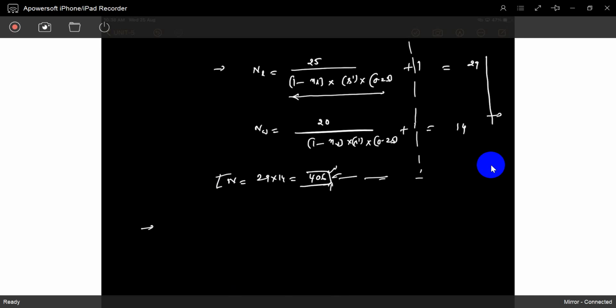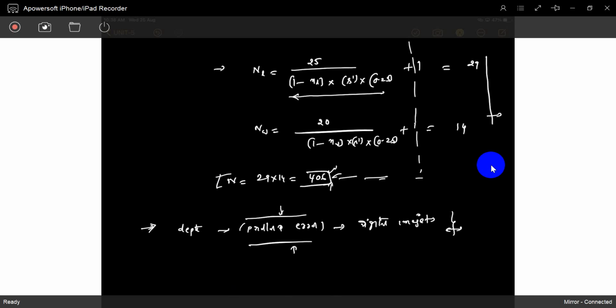So, depth division. You can find out the depth by reducing the parallax error. Then only you can incorporate it into the digital image. Otherwise, the depth perception may be wrong because of parallax error. So what is a parallax error, and how do we reduce it? We will discuss that in the next class.